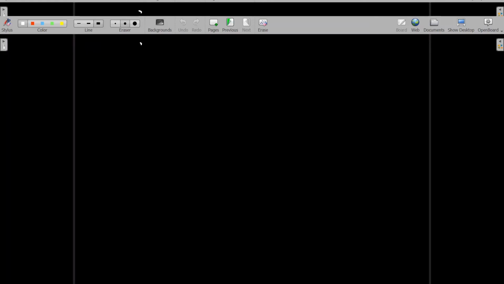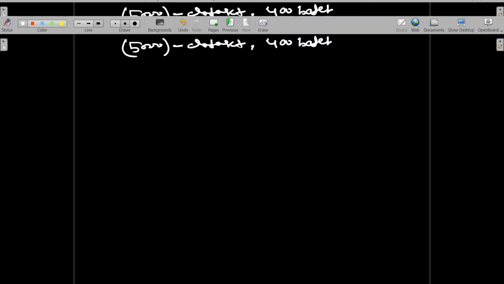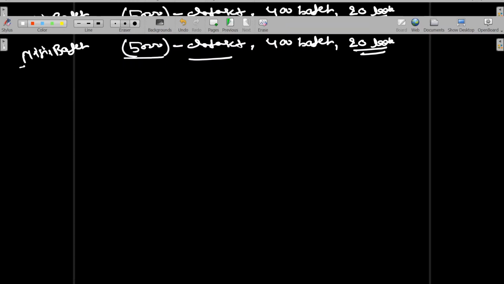So we have divided our data set into 5,000 data points for each batch, the number of batches would be 400, and the data set is 20 lakh. So this is our assumption. Initially we have 20 lakh data, we have divided it into 400 batches, and each batch will have 5,000 data points. Now let's write the algorithm for this mini batch. Since I am on a different page, I am writing it here.